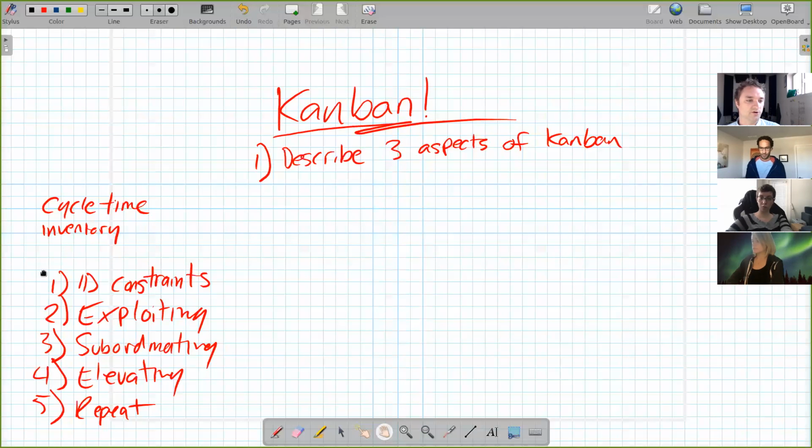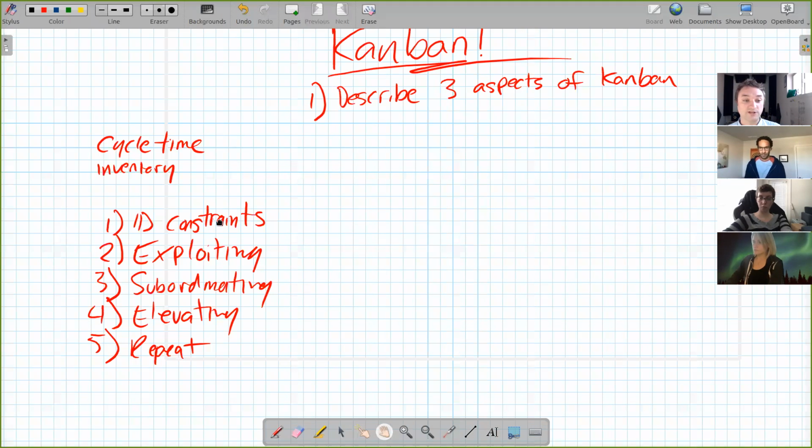So what we're trying to do is figure out, first and foremost, where is the constraint? What is our constraining factor right now? Fixing anything else might make that process better, but it doesn't improve throughput on the system. And throughput through the system is ultimately the only thing we care about. And so we talk about throughput through the system.